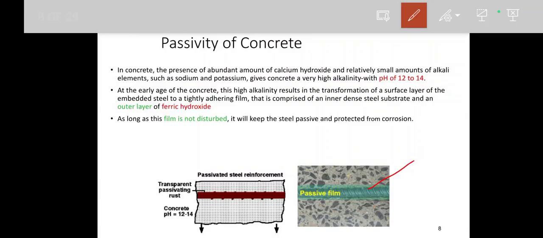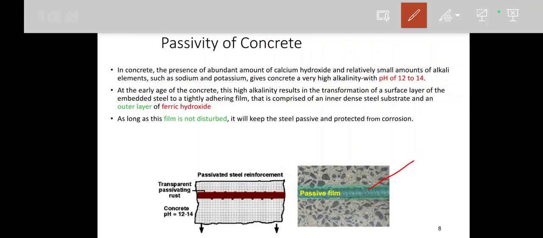Here you can see a thin green layer is formed for identification. So unless and until this layer is disturbed, if this layer is formed, it means the pH value is between 12 and 14. So once this layer is disturbed by entry of some